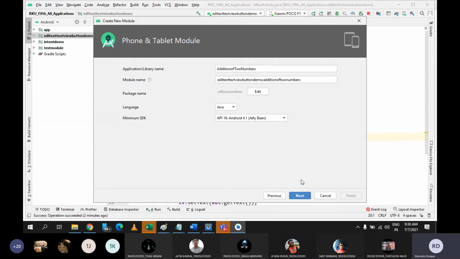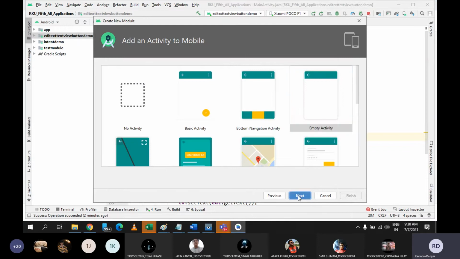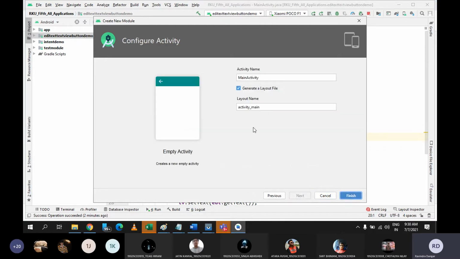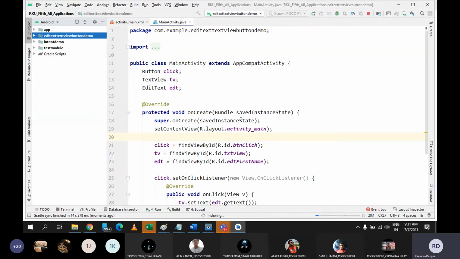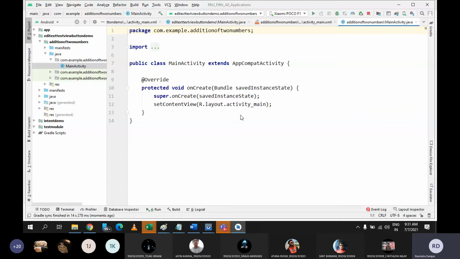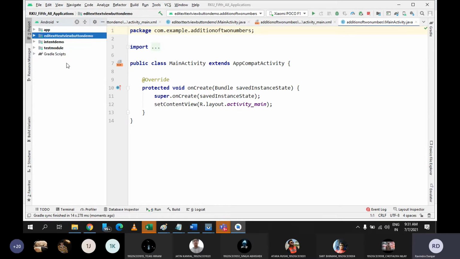So let's say addition of two numbers. Let me give next, empty activity, next, and finish. So here your activity is ready. No, where is it?